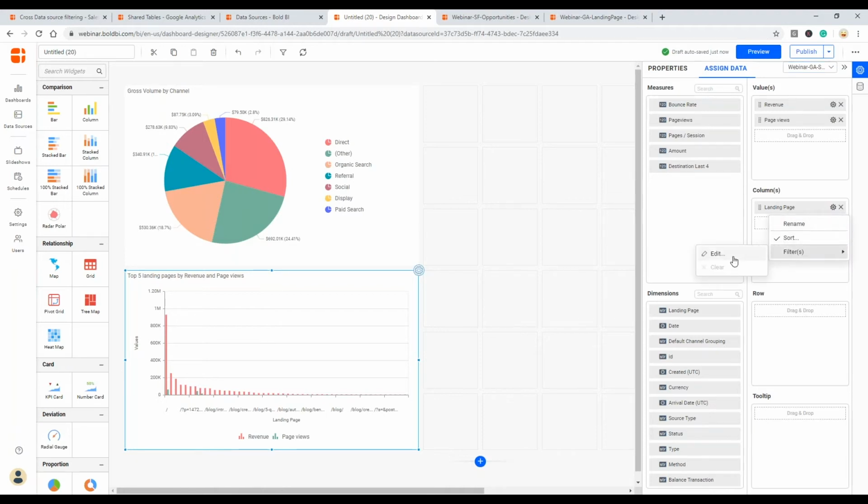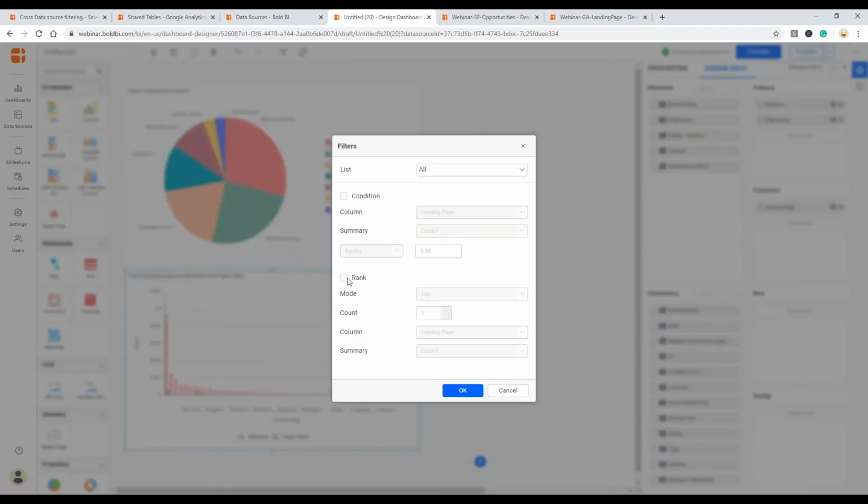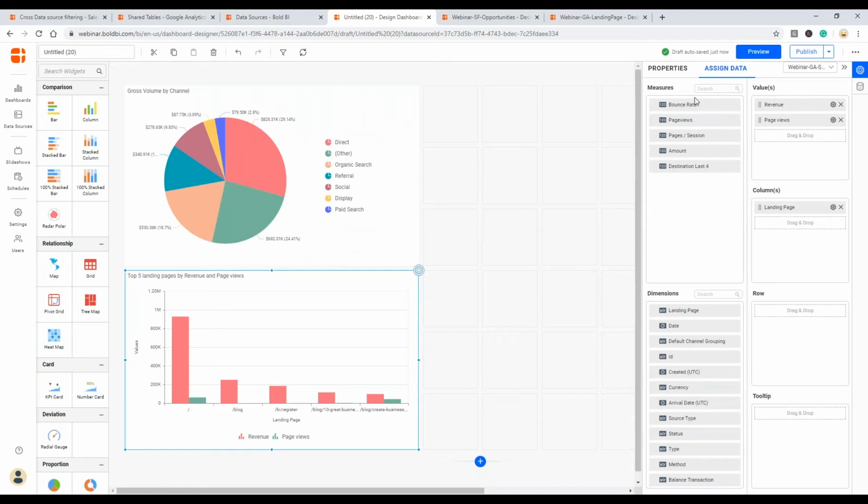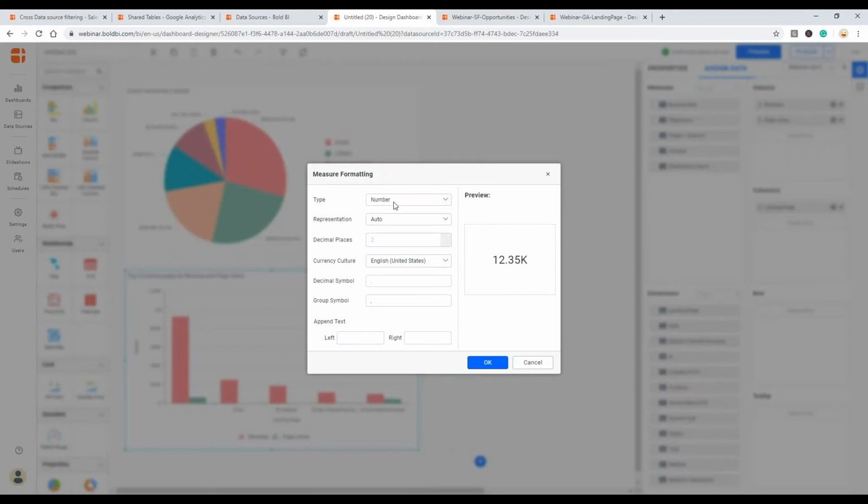Since it has more values, let me filter it to show just the top 5. Also, we can see that the revenue value is too large and the page views is much lesser, so I'm going to make it a combo chart. Before that, let me change the format of revenue as currency.